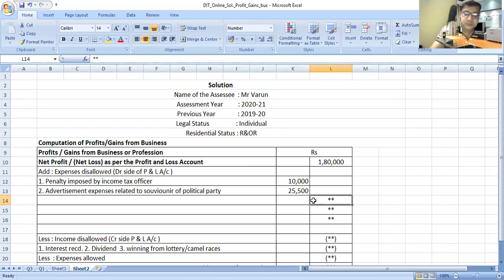See friends, we have to see how we will write our answers. What kind of expenses we have to add: disallowed, debit side disallowed portion we added. Now we will consider the next item in our debit side,